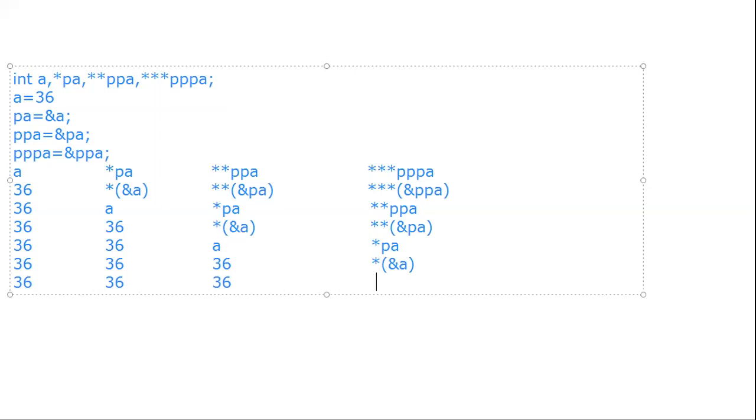Star of ampersand a means a. So a is 36. Okay, 36. So please see here, the equations will be solved.